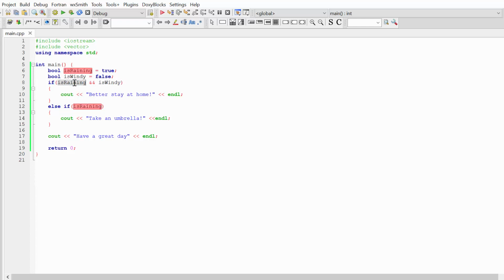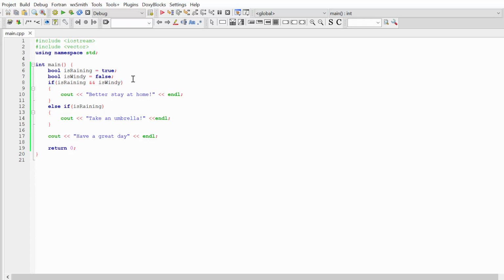But if one of the conditions is false, let's say isRaining is false, isWindy is true, the outcome of the and logical operator is false. Like you can see here, isRaining true, isWindy false. So the result of this condition is equal to false.